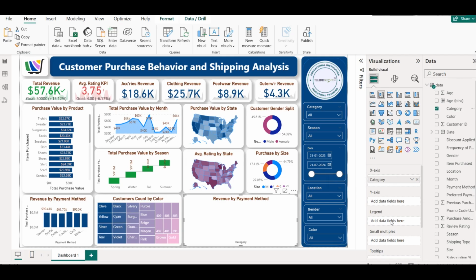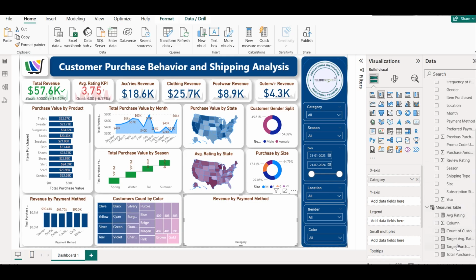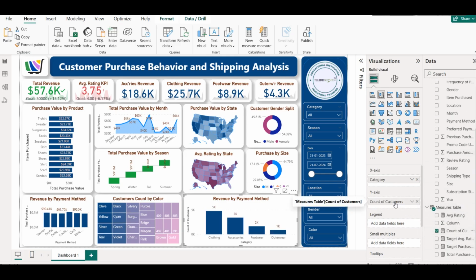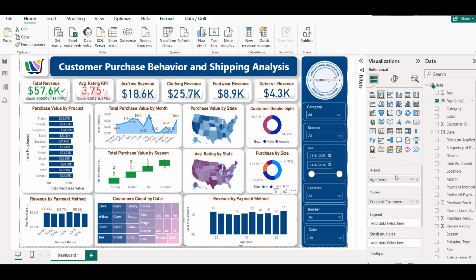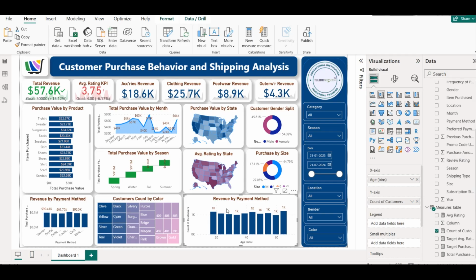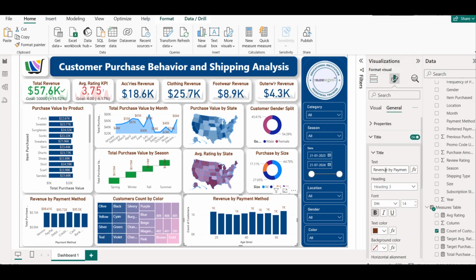So if you want to find out something like that, on the x-axis you can put count of customers. So you can see 5000 customers. Sorry, I have to actually select age bin here. So here you are going to see that this is revenue, not by payment method. This is basically revenue category